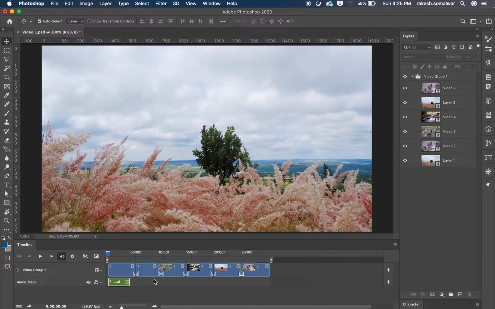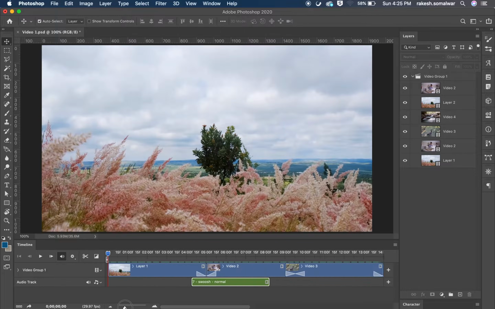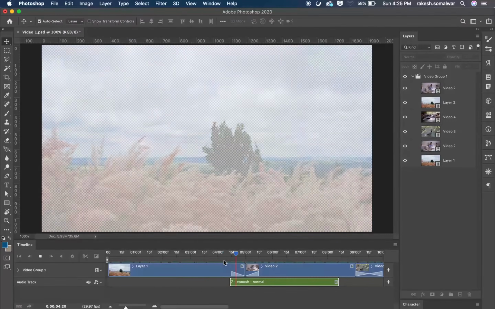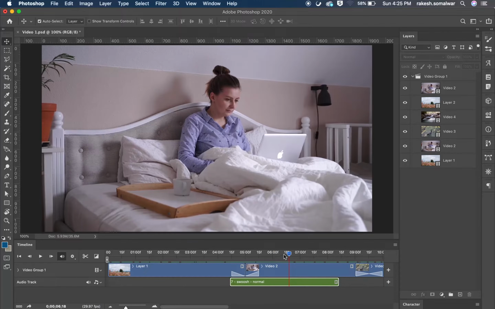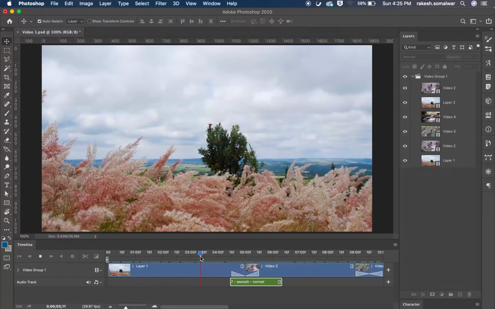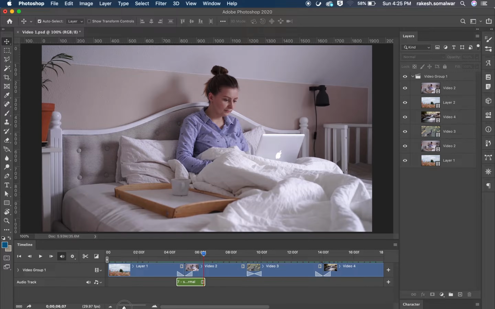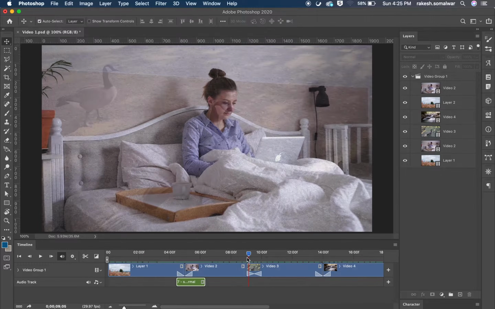This is a sound clip which I use mostly for transitions. This gives a nice transition swish effect. Have a look. See, if you just give only transition, that is not much attractive, but with the sound it is much better. So I have that clip selected.